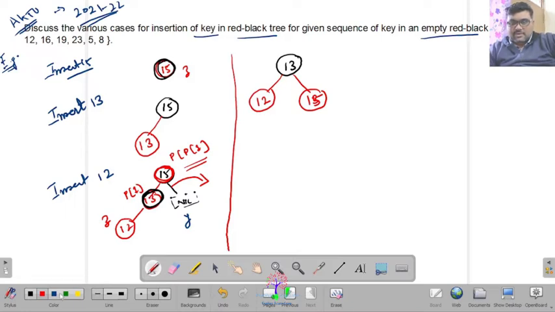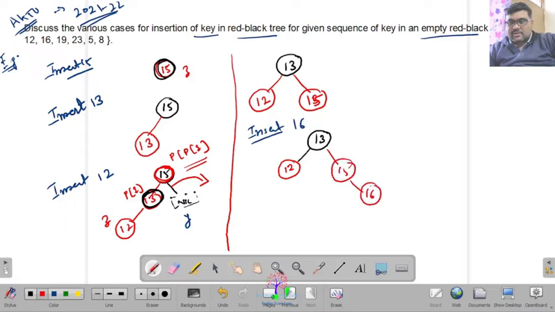Now next is insert 16. So let's see where it goes. It looks like this. 13, 12 is as it is, 15 is as it is.